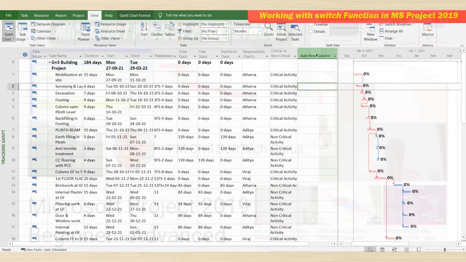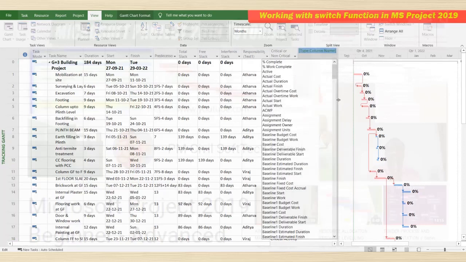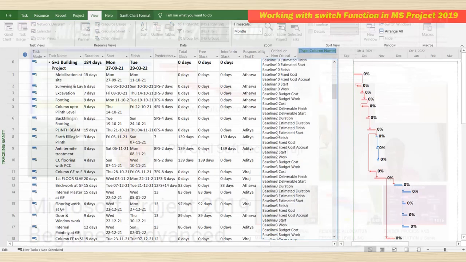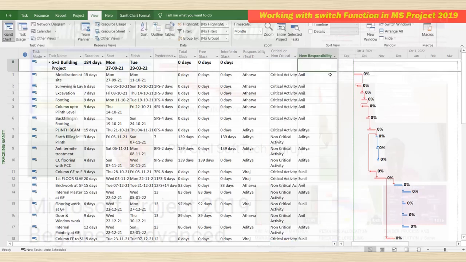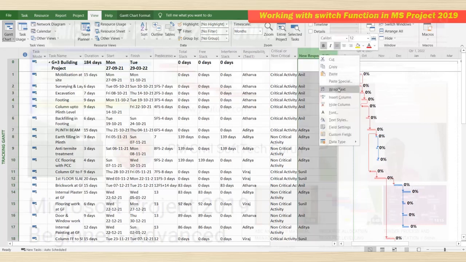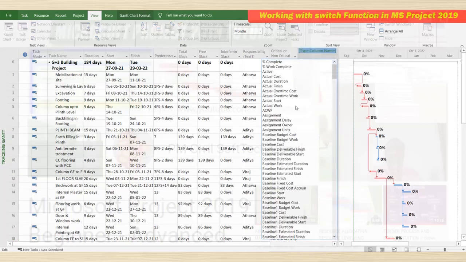So here we'll add a new column, insert column. Here we'll select text. A new responsibility column is there, because earlier I have done some wrong things automatically. So here I am hiding this column, hide, and I am showing you insert column.